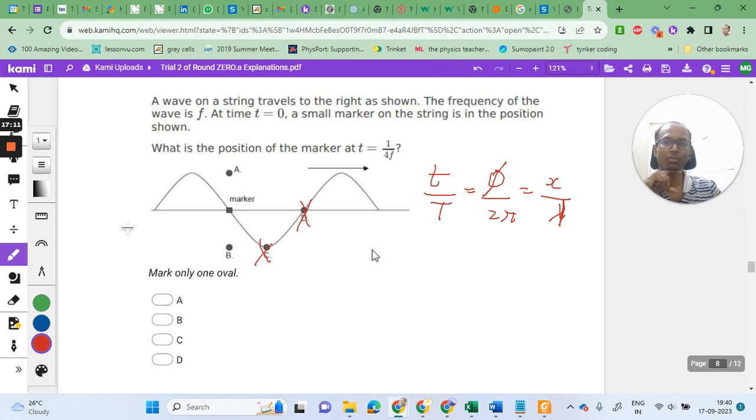This marker is vibrating up and down. Where would it be in its cycle of motion, oscillation, after time of 1 by 4f? So now time period is 1 by f. So let's calculate t by time period. So it is equal to time, which is 1 by 4f,